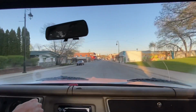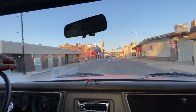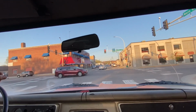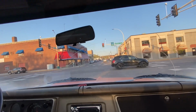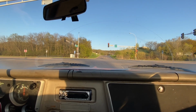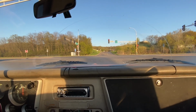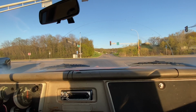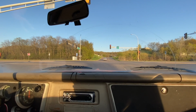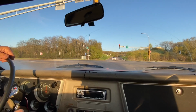We'll get out and go, I guess we'll go 50 out here as a road. We'll see what it sounds like at 50. All right, we're just sitting here at a red light. Once it turns green, we'll turn left here, and this road is a 50 miles an hour speed limit. Before, 50 miles an hour was a pretty low RPM, but that was about the sweet spot, and that was about as fast as you could go without